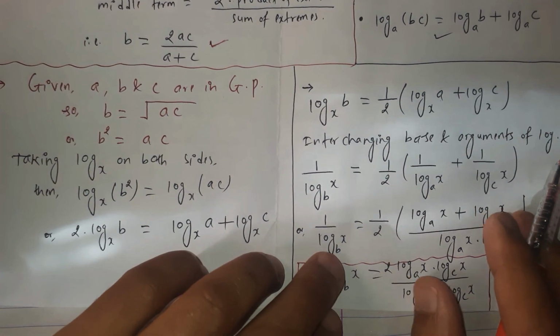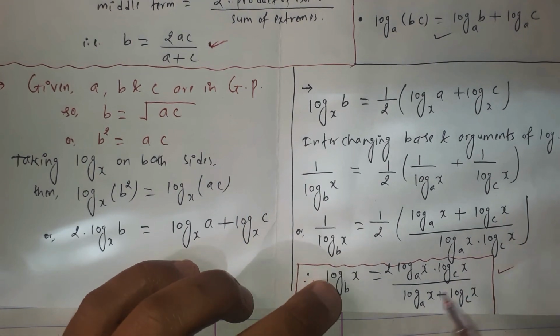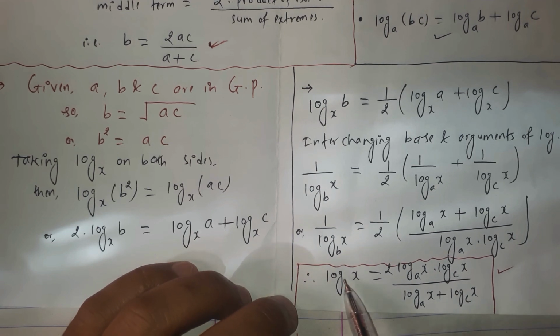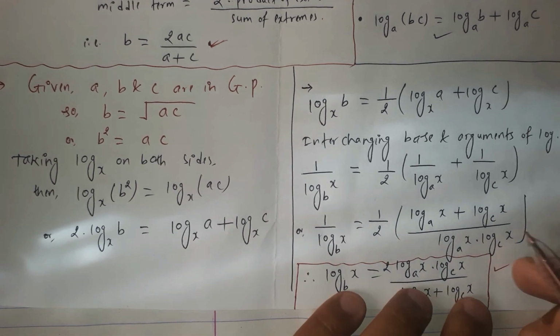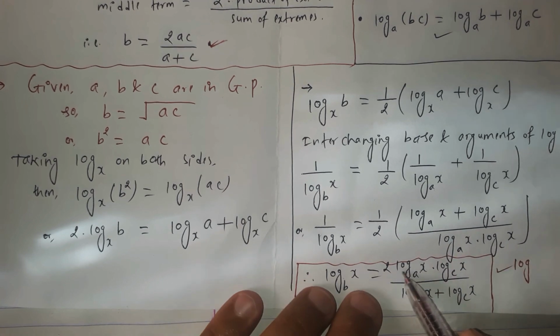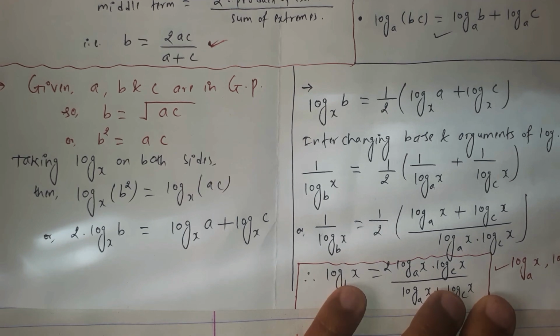And here in this expression, same case, this case and this case look the same. The 2 times the product of the extremes over the sum of the extremes, and this is the middle term. Taking this as the middle term, let's take the extremes, making the sequence here, taking these numbers as the extremes. First take log with base a of x, comma,